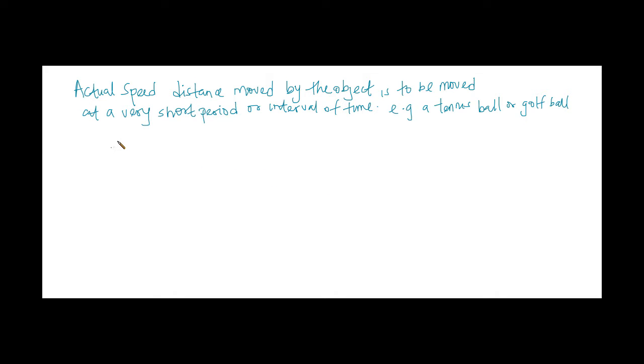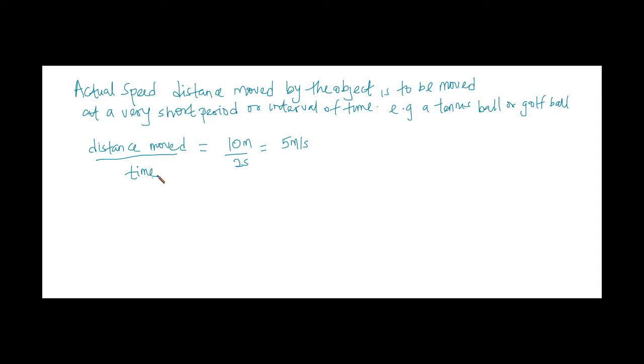So when we're trying to look at the distance moved over time, if we moved a distance of 10 meters in 2 seconds, we're going to have the speed of the object to be 5 meters per second. So we can see that we moved in a very short period of time. Even this 2 seconds is much, maybe in a microsecond, because if we look at the variation between speed and time,